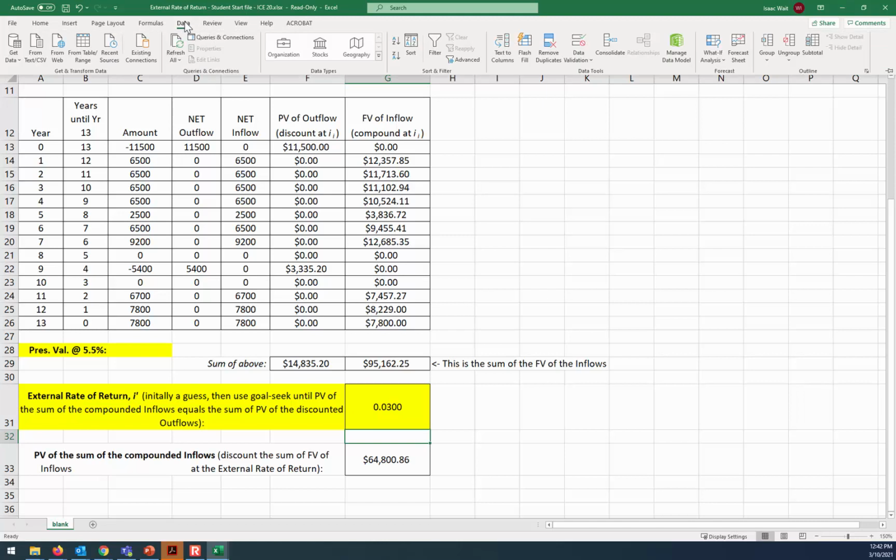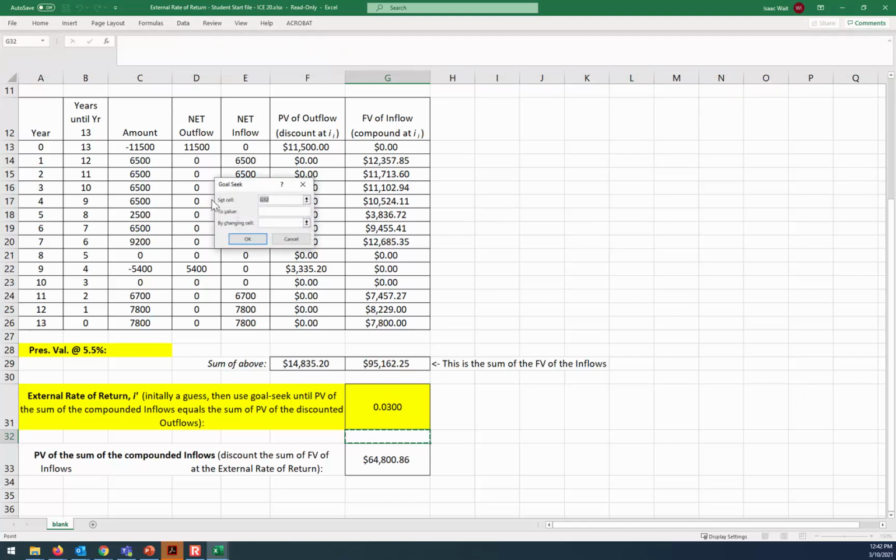So we can do goal seek here. Data, what if analysis, goal seek. And our goal, we want this to be equal to 14,835.20. That's our goal, is for this cell, which represents the discounted accumulated future worth of the inflows.